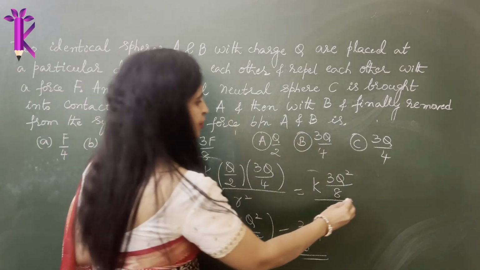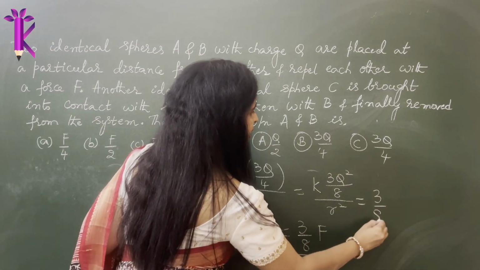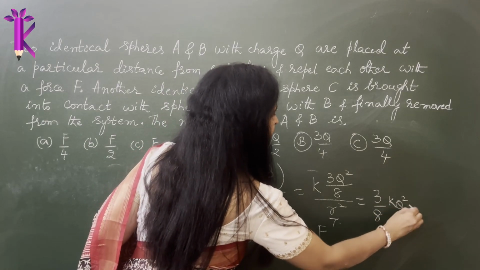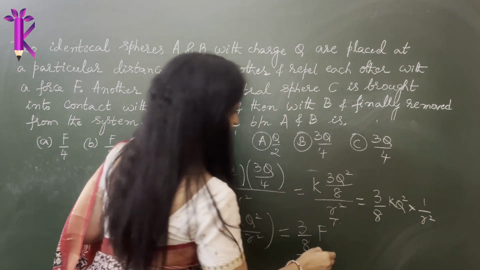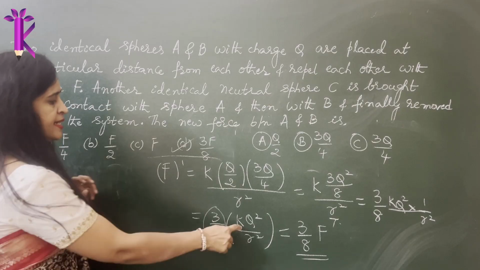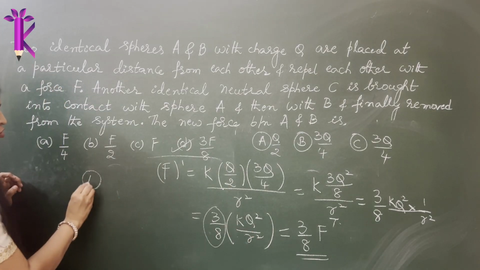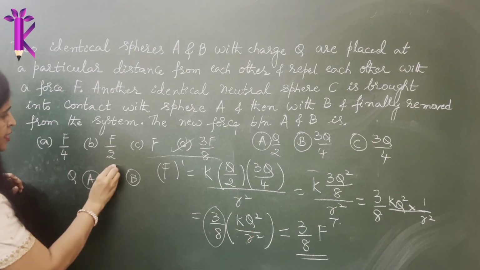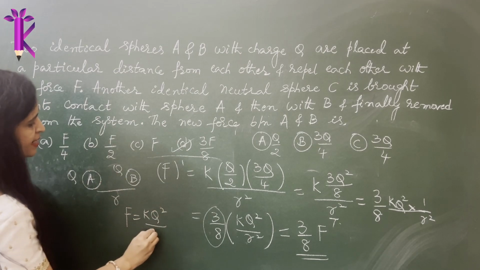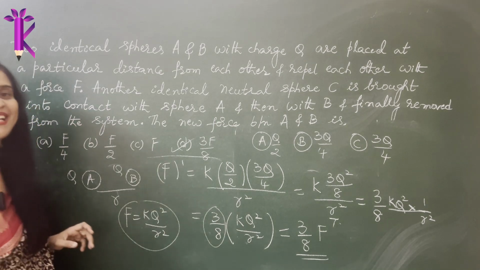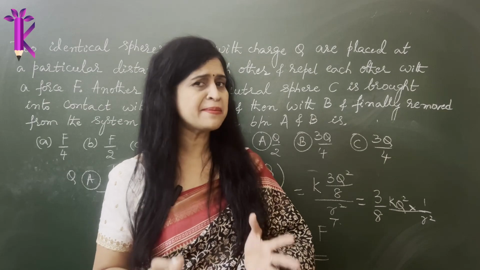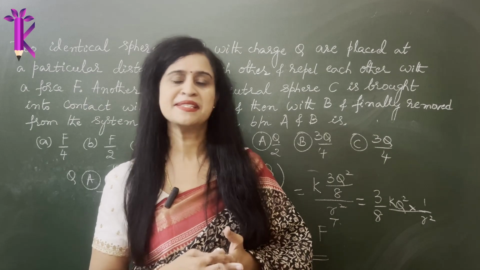It's as simple. If you do not know how I rearranged, I just brought 3 by 8 here. You have R square by 1, so it is 3 by 8 KQ square. This becomes 1 divided by R square, so you have R square still in the numerator. I group them together and you have 3 by 8 KQ square by R square. Initial charge on A and charge on B was just Q and Q, and they were separated by distance R. So it was KQ square divided by R square, which was nothing but F. So it is very simple. You only need to understand the concepts really well and a bit of mathematics, LCM and decimals and approximation.